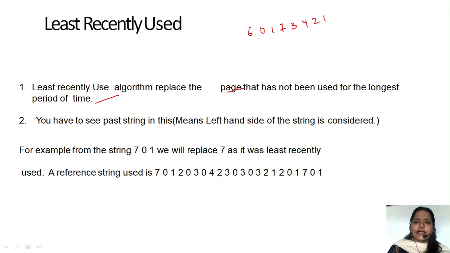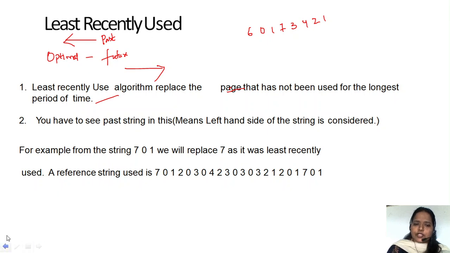In optimal page replacement we have seen the future, but when it comes to least recently used, you have to check the past. We have to check in the past which page is not used, or which page is least used, that we have to select.